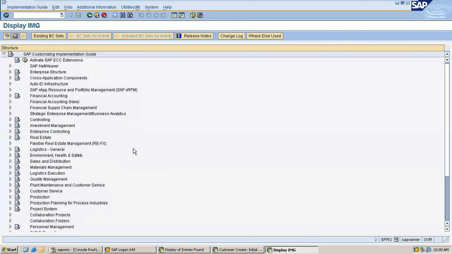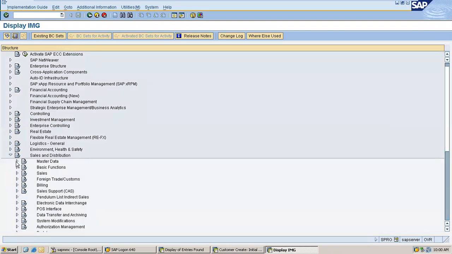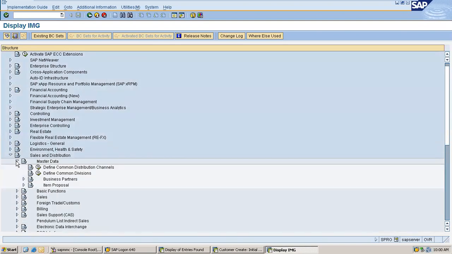To set them up, go to SPRO IMG, sales and distribution, master data, because the error is in the master data area.